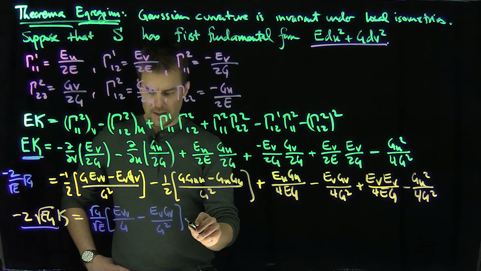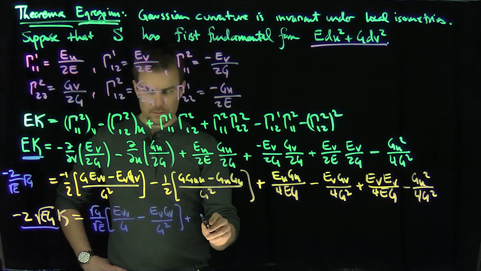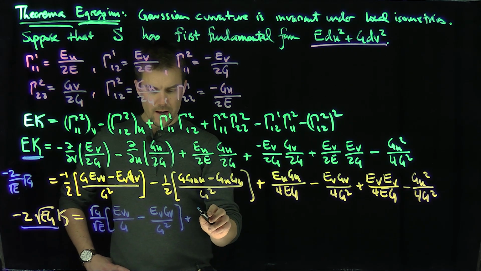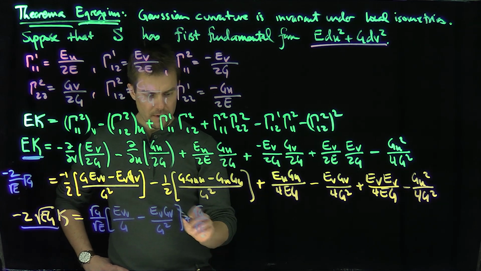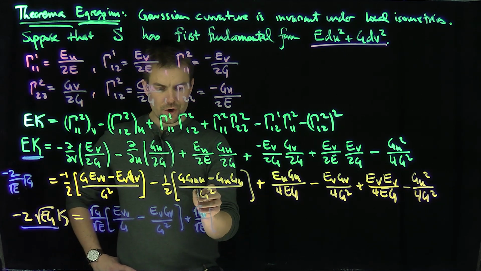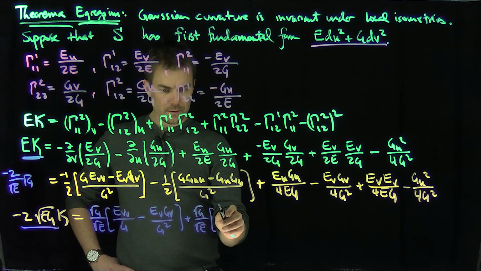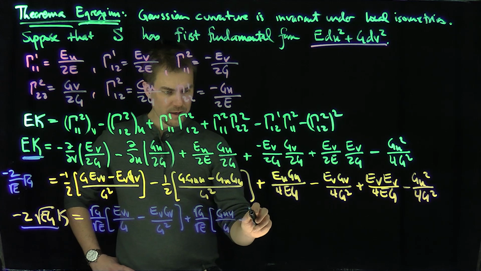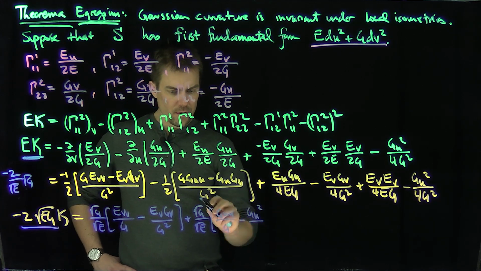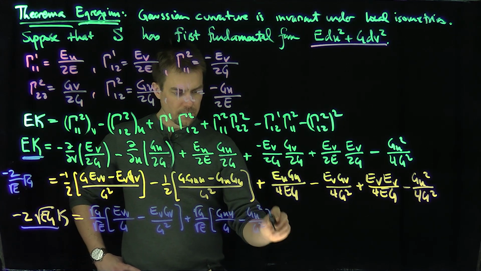And then over here, the 2 is going to go away, right? And so one of the G's is going to cancel out, so we're going to have a plus. This is going to be a root G over root E, and then over here the GUU is going to be GUU over G minus GU quantity squared over G squared. Okay,